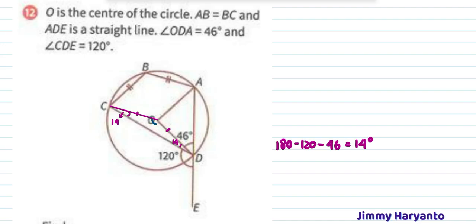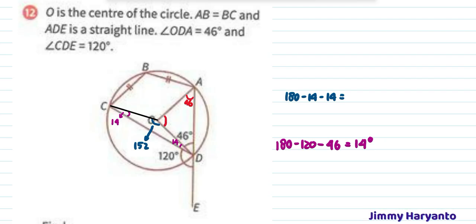And then I want to find this one. That one will be 180 minus 14, using the triangle, minus 28 equals 152. Okay, so this one is 152. Okay, I will go to the 46. If this one is 46, that means this one also 46. Do you know why? Because it's an isosceles triangle, radius. So if that one is 46, that means the other one will be 46.